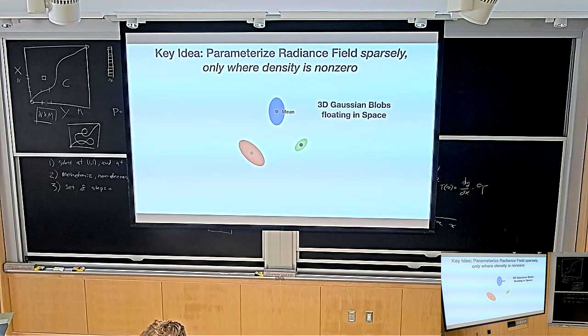And for each Gaussian, the density of the Gaussian at every point will give you literally the density. So that's going to be the opacity, the density of the radiance field at that position, given by evaluating all the Gaussians that are floating in space at that point. And the color at that point is going to be given by the color of the Gaussian. So each Gaussian is now going to store a color and the density. And the Gaussians can be stretched, so they can have full 3D covariance matrices. So they can be ellipsoids.